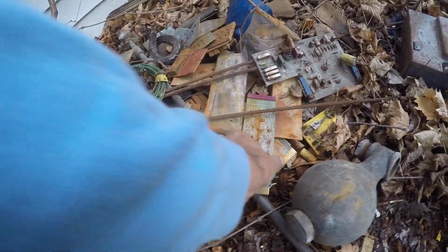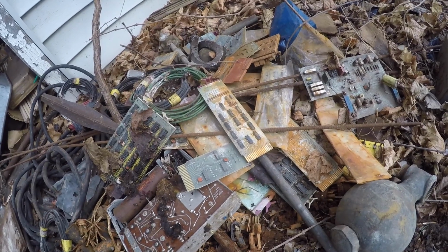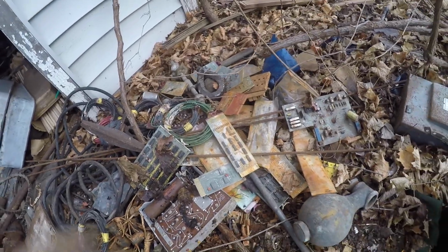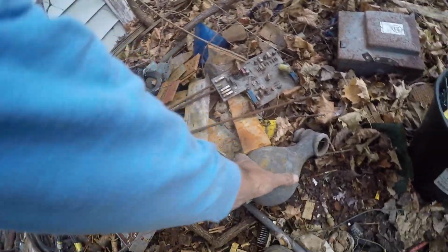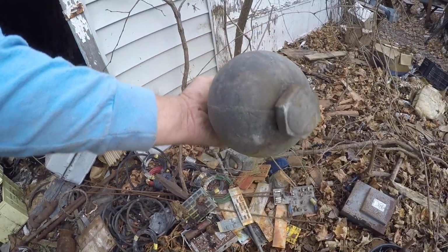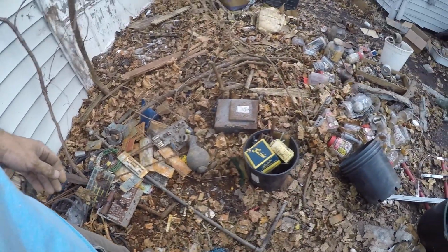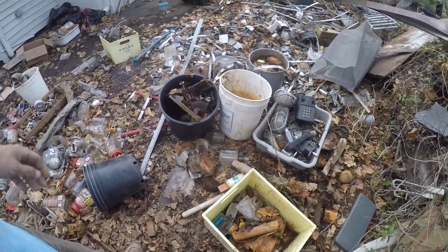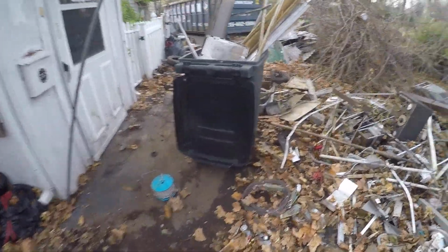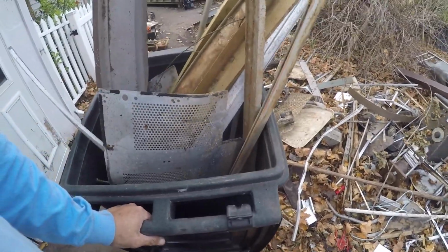where I go for circuit boards, I got $7 a pound. So I don't know, got probably 10 pounds there. This was, I guess, a trap, but it's all brass. It's kind of fun. I don't know. Slowly working at it. I'm gonna fast forward to tomorrow, and you guys will see what we get at the